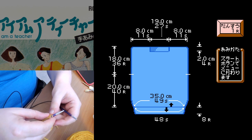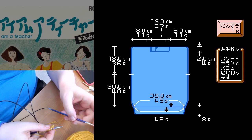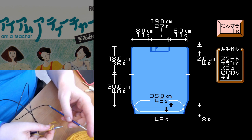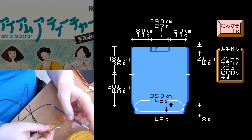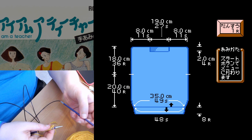Seizu, draft or drawing. So that's this. Oh, yeah, this is back to this. Yeah, return to this. Start. Oh, start button. Start button returns to menu. So this is just a... This is a very...